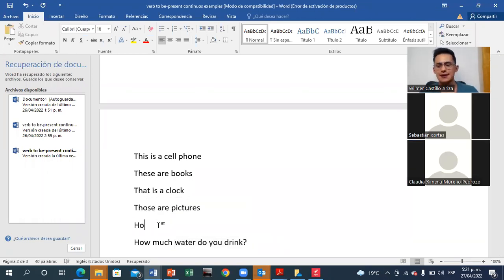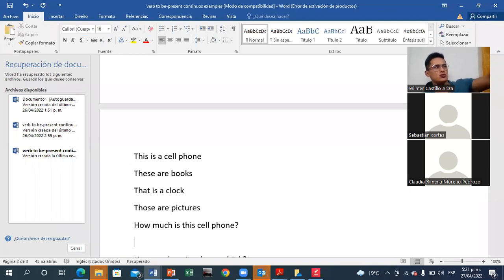Si usted pregunta, ¿cuánto vale este celular? Dicen, how much? Sería como cantidades, supongámoslo así. No, toda esa parte de cantidades no la vamos a ver, sino simplemente, bueno, entonces digamos, ¿cuánto vale este celular? How much is this cell phone? ¿Cuánto vale este celular? ¿Sí? Si ustedes quieren preguntar, digamos, están en una tienda y allá hay una camiseta chévere. Ustedes quieren preguntar, ¿cuánto vale esa camiseta? Fácil. Ustedes dicen, how much is that t-shirt?